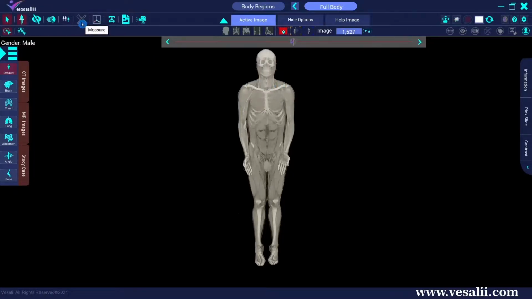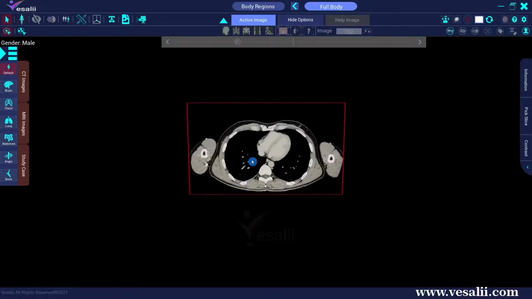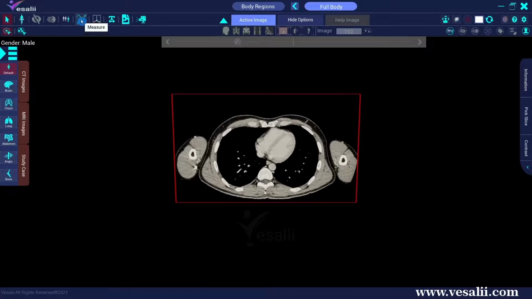The Measure tool measures the distance between any 2 points on the image, giving you a better understanding of the relation between body parts appearing on the image. The tool will be active only for an isolated image, so first we have to isolate the image. Then activate the Measure tool by clicking on it. And finally, click on the start and end points you want to measure the distance between.